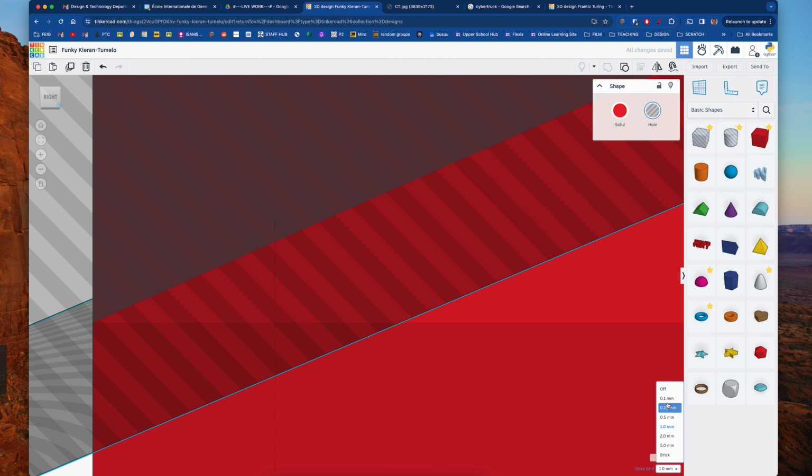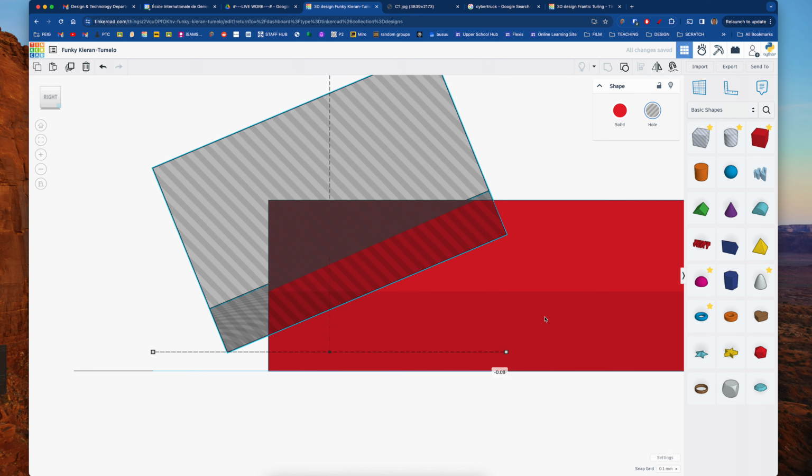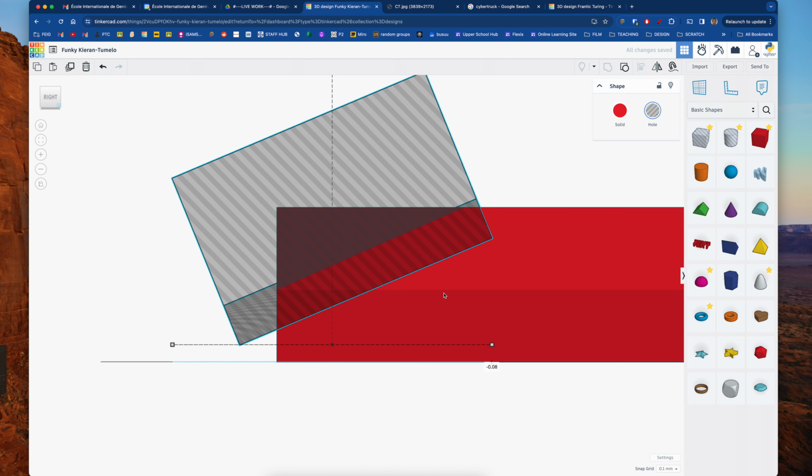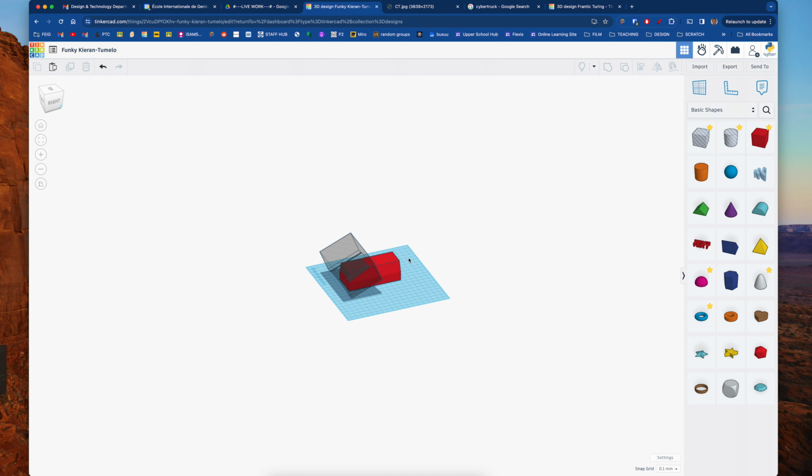If you need to get it more accurate, you can move it along like this, and I want to basically get this sharp line to match with that, so that when I take this away, you should see what we end up with. But I'm just going to